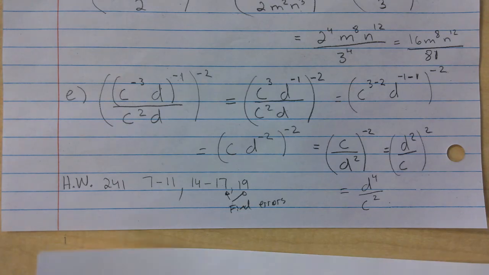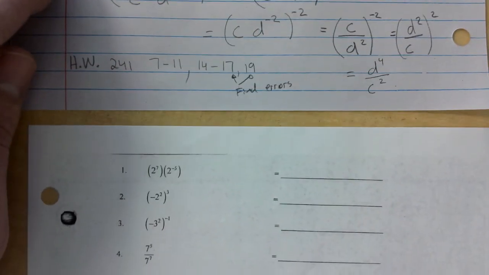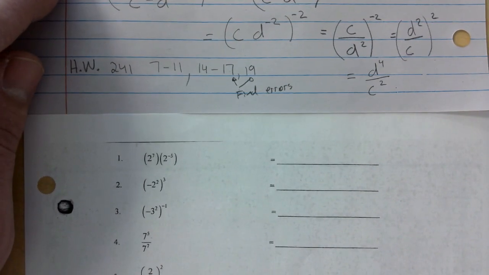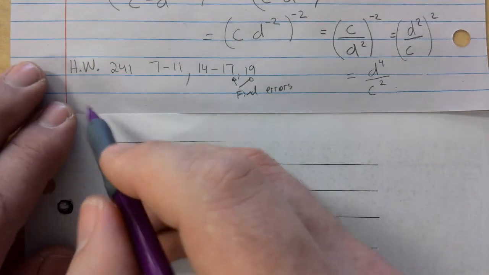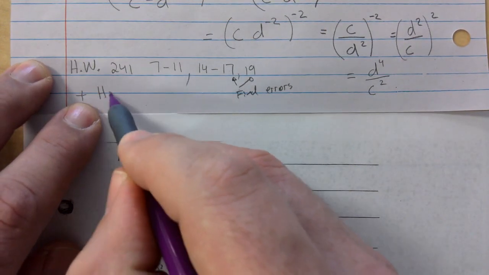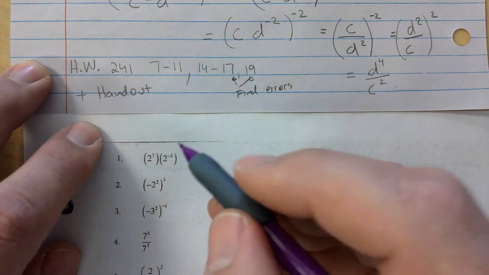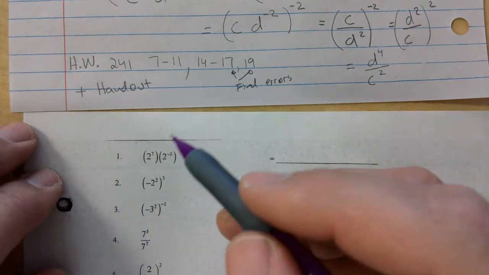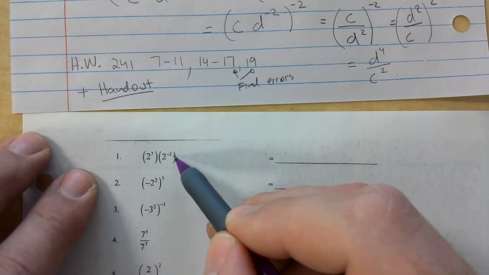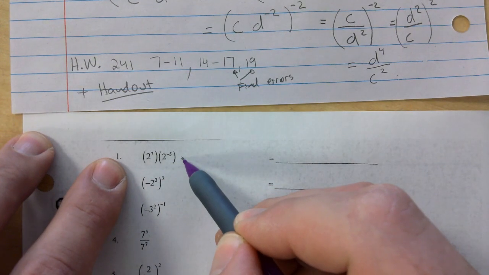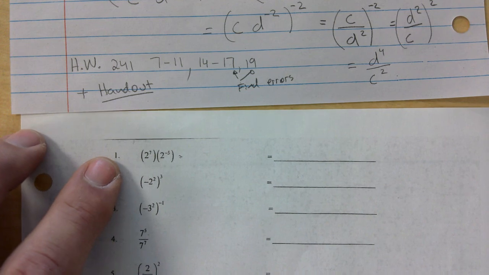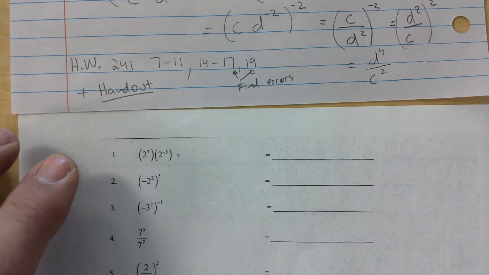And so the problem with the homework is it keeps it pretty basic, right? So I would say plus handout. And I don't know what to call this one, but this is the handout I'm referring to, okay? So make sure we have